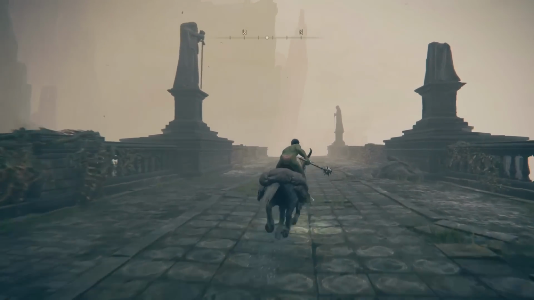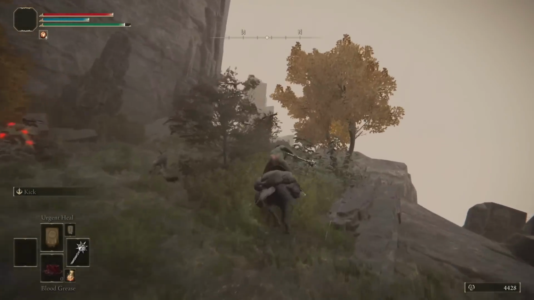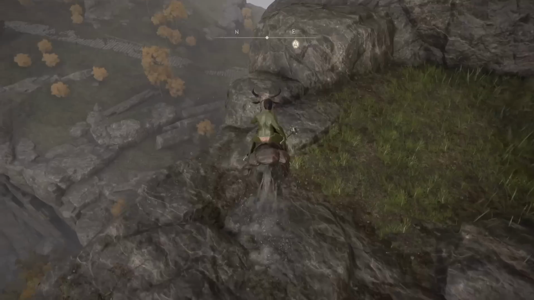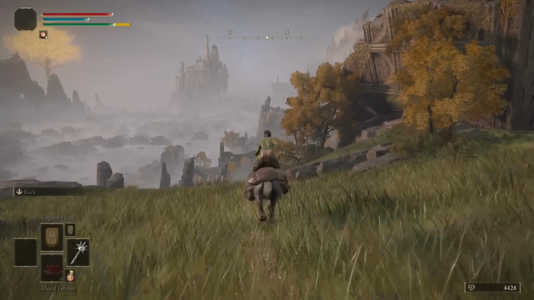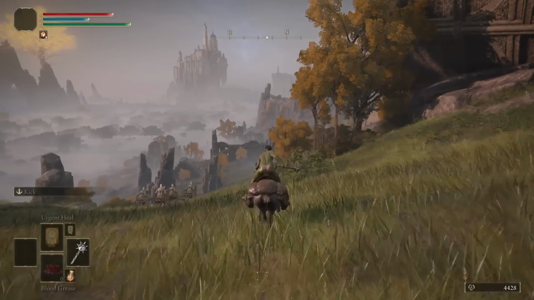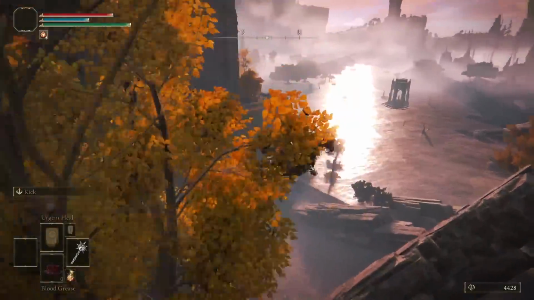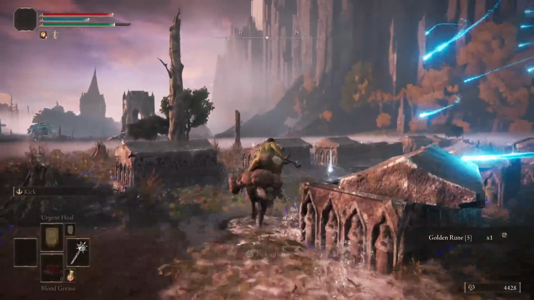Go northwest to the Broken Bridge, then around the cliffs that bypass Stormvale Castle. Get the Sacred Tear from the Church of Irith, then jump down the cliffs. Head northwest to the Putrefied Ruins and take the teleporter to Rea Lucaria. Jump down from the bridge, grab these 2 runes,